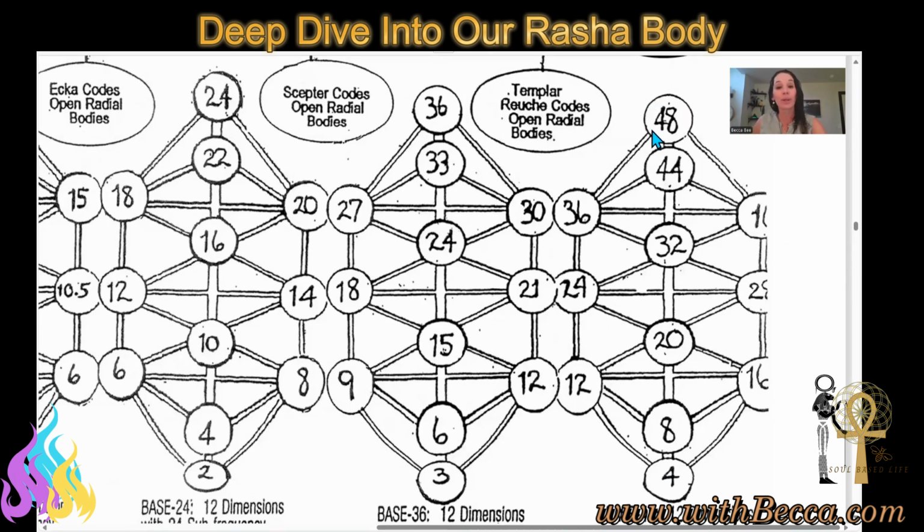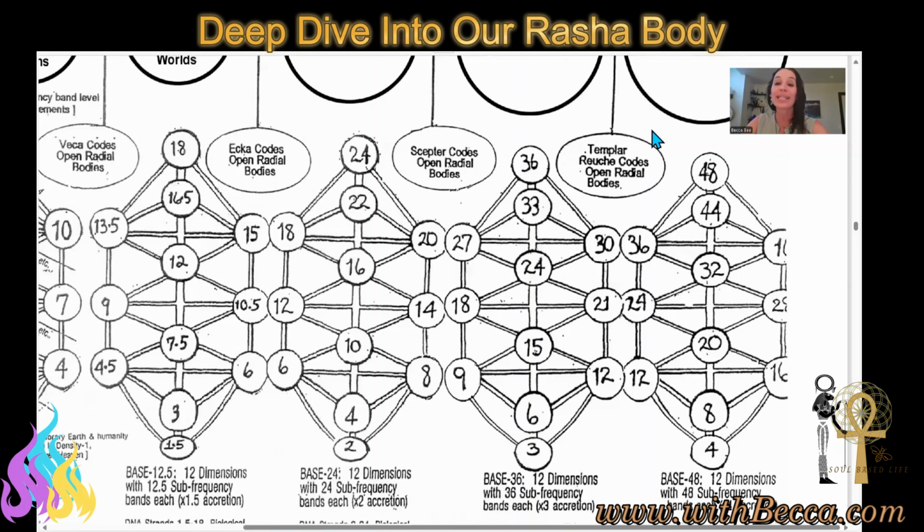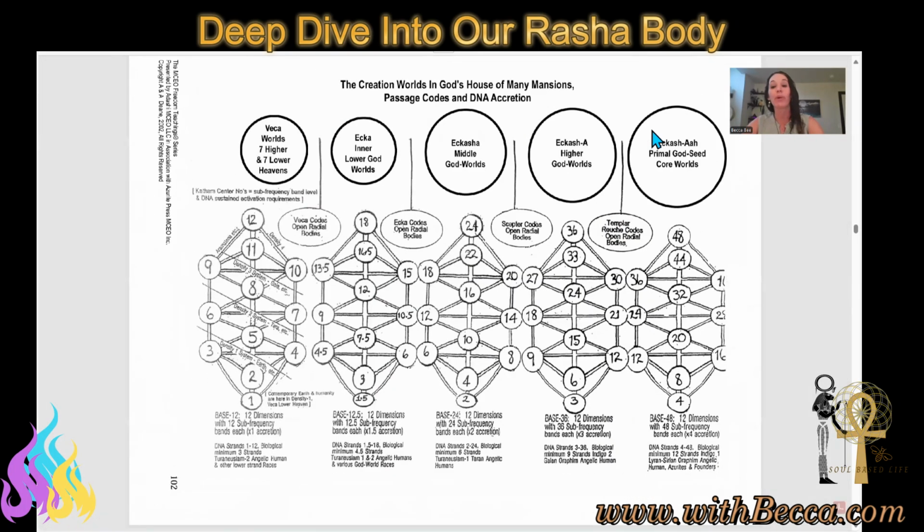And when we work with our 48 dimensional shield, which is this emerald shield, we are truly working with the energies that come from our core world. So as we work with the core worlds, I do want to start to invite a relationship, or an invitation, to start to become aware of a particular race line of beings.